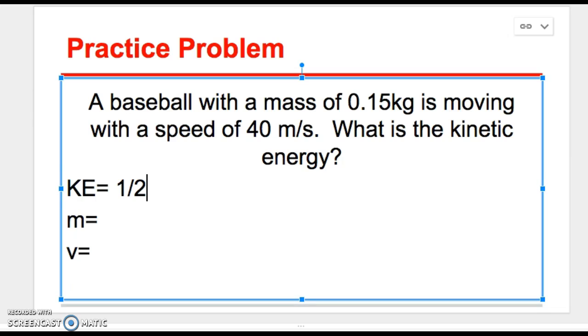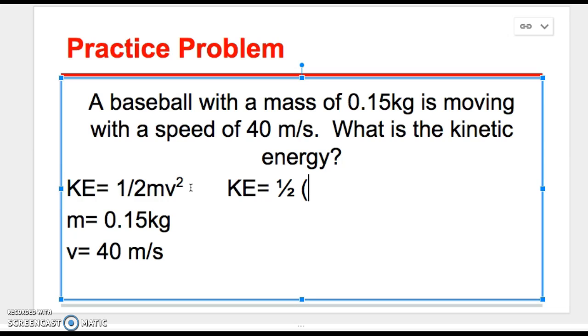On the last slide, we talked about how kinetic energy was 1/2 mass times velocity squared. In this problem, you want to ask yourself, what is the mass? So the mass here is 0.15 kilograms. And our velocity, of course, is the other number, 40 meters per second. Okay. Now, what we want to do, just like always, is we want to plug in our numbers. So KE equals 1/2 times 0.15 kilograms times 40 meters per second